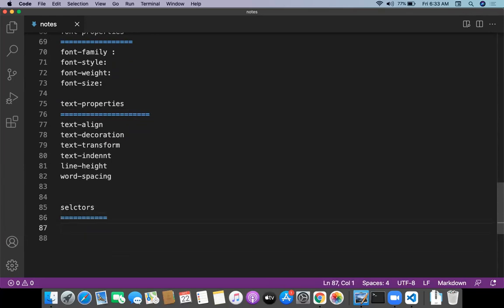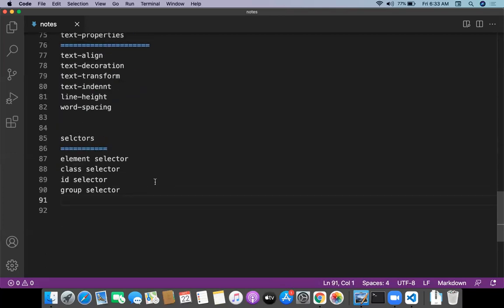Selectors: element selector, class selector, ID selector, group selector. And one more is first child selector, nth child, last child selector.